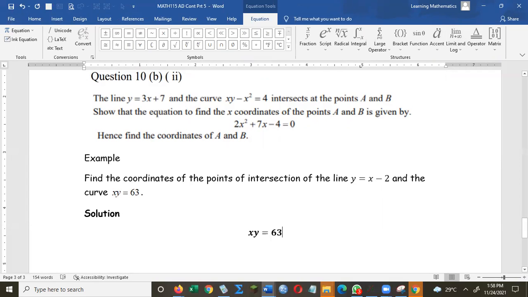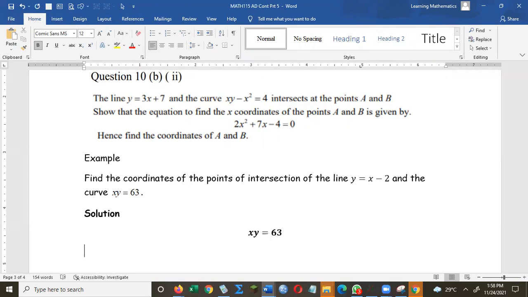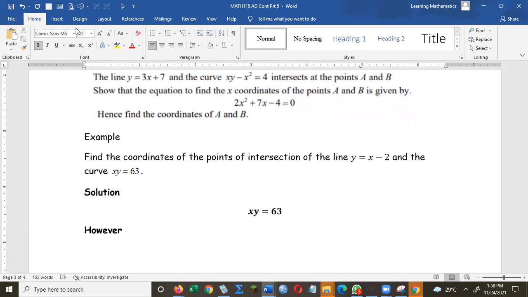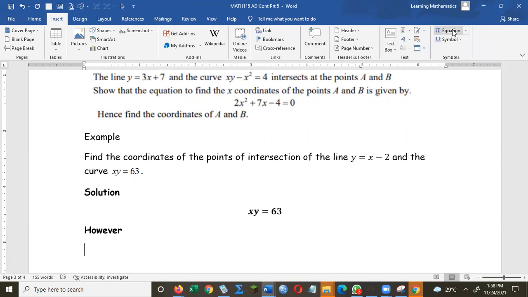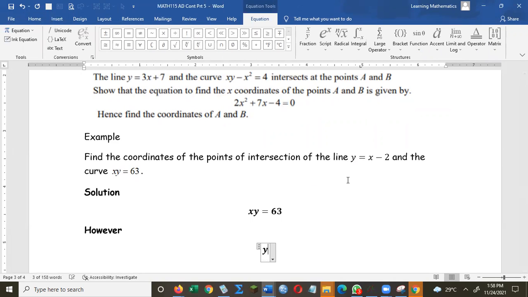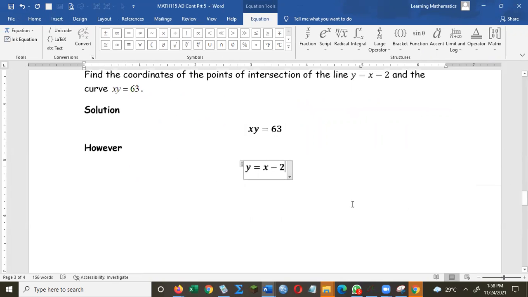And you can say however, y is equal to x minus 2, isn't that so? All right, look at it right there. y is equal to x minus 2. So therefore,